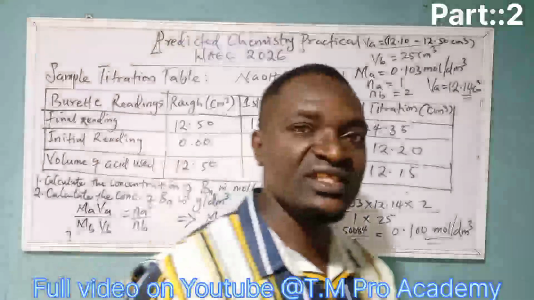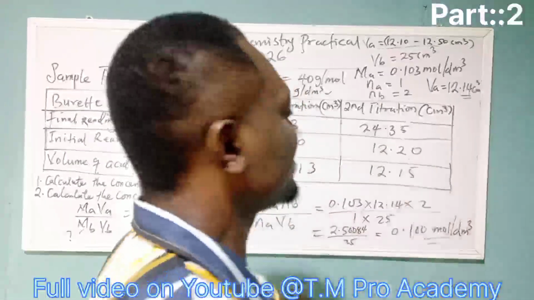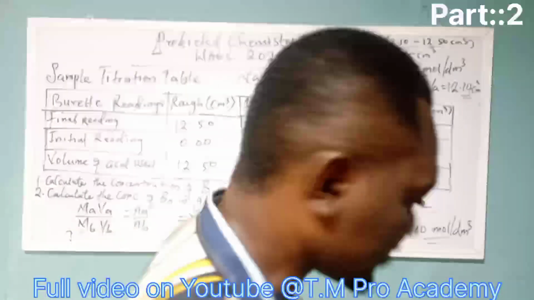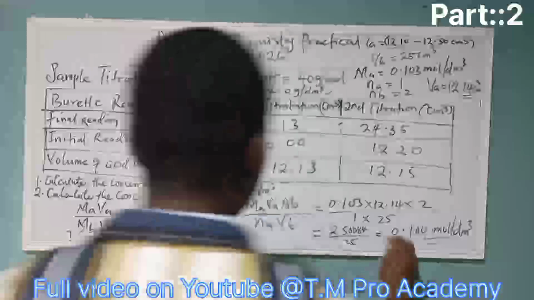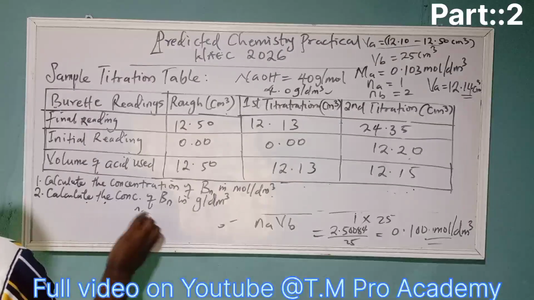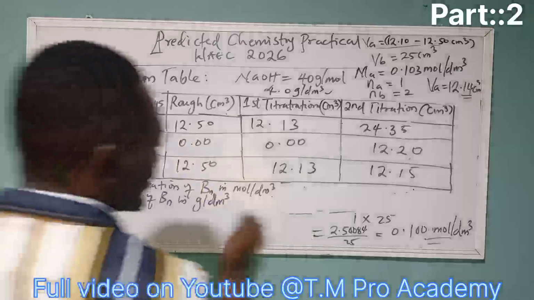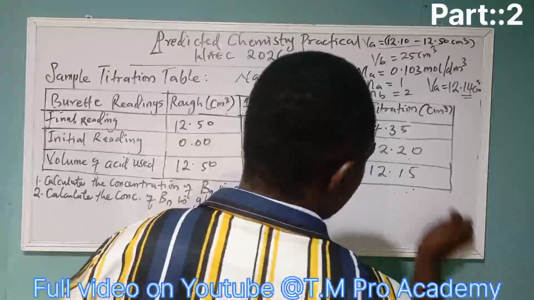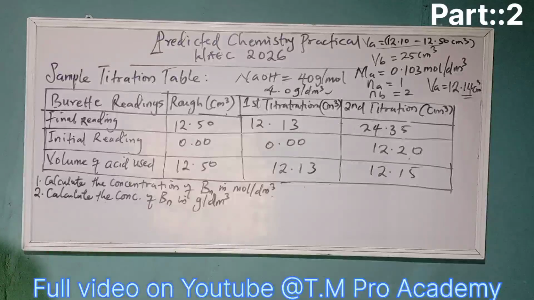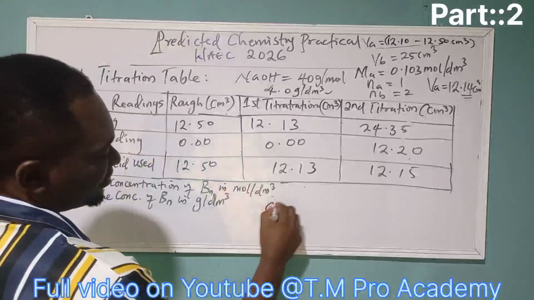So this is how you see that in your volumetric analysis, people are having the full marks. These are all the checks and balances, right? Okay, so let me take this off. And then let's calculate the concentration in grams per dm³. So to calculate the concentration in grams per dm³, we will do like this: concentration